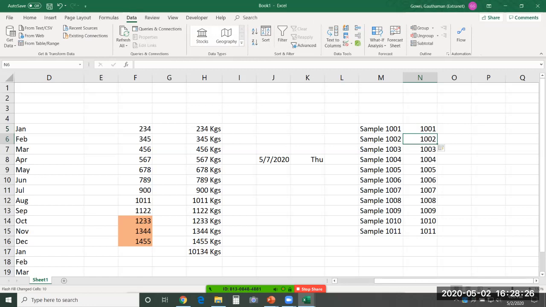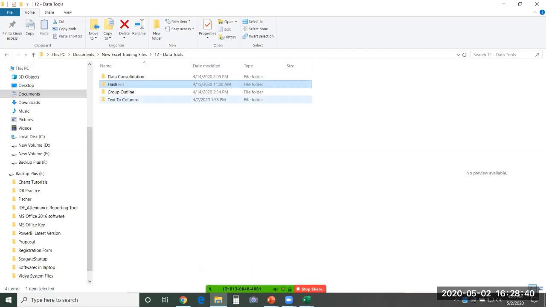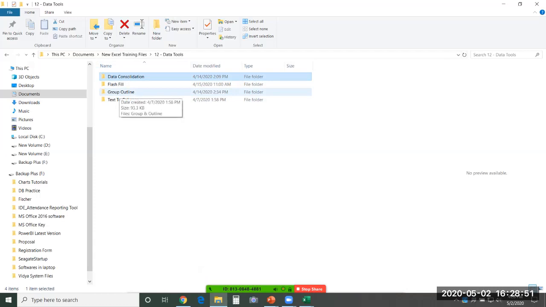So you will be taught all these options that are available to us in Excel. So, very advanced things. Okay, so this flash fill is one such option I would like to share with you. There are so many other things like text to columns. Most of you would already be using this, and how to consolidate your data from various sheets and prepare a simple report quickly. Group and outline, how to group rows and columns.